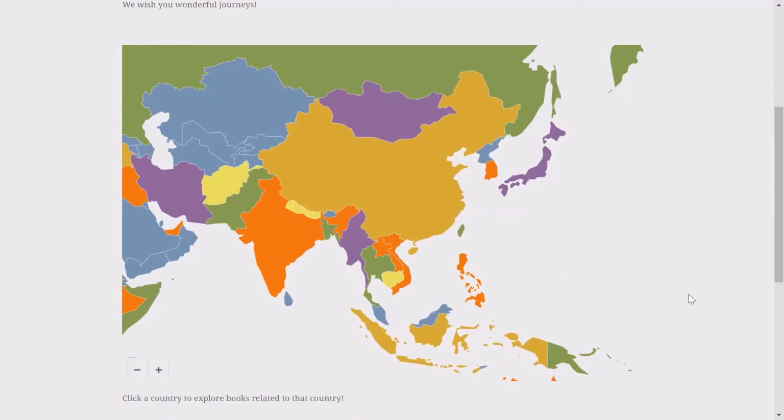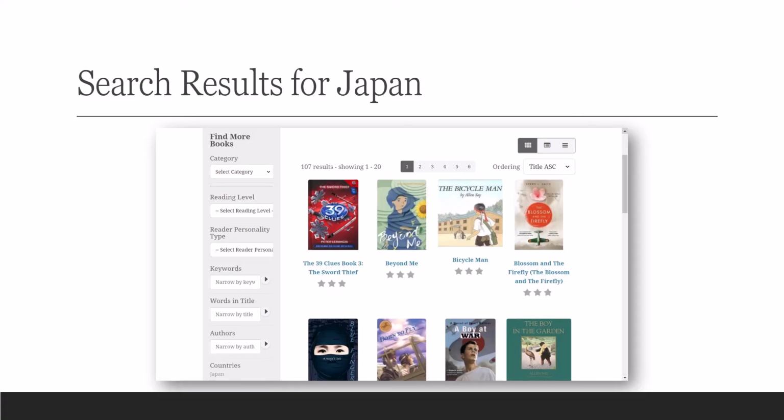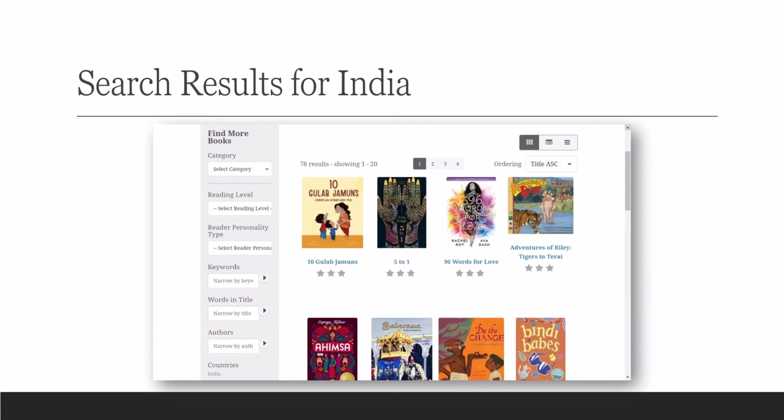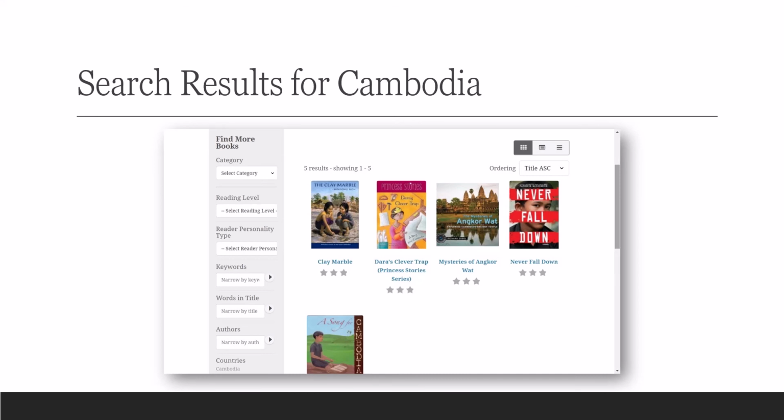On the map, I can see that hovering the mouse over Japan and India has turned it into an index finger icon. This means that there are search results available for these countries. However, for Malaysia, the mouse still has an arrow icon, meaning there are currently no children's books that are set in Malaysia on abookandahug.com. Looking at the search results for Japan, India, and Cambodia, there seems to be a lot